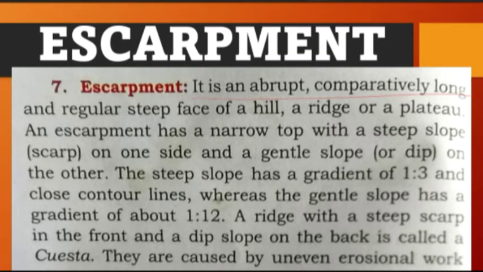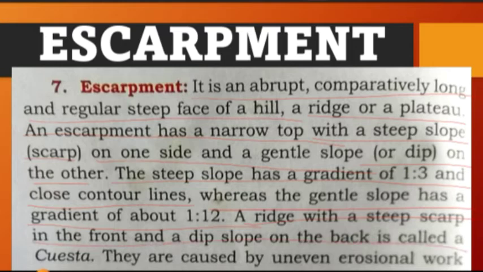Now, escarpment. It is an abrupt, comparatively long and regular steep face of a hill, a ridge or plateau. An escarpment has a narrow top with a steep slope, scarp, on one side and a gentle slope, or dip, on the other. मतलब एक साइड में steep slope होता है और दूसरे साइड में gentle slope होता है. Escarpment. The steep slope has a gradient of 1:3 and close contour lines, whereas the gentle slope has a gradient of about 1:12. A ridge with a steep scarp in the front and a dip slope on the back is called cuesta. जहाँ पे ऐसा ridge जहाँ पे steep scarp है front में और dip slope है back में. Dip मतलब gentle. तो एक जगह पे steep है और दूसरी जगह पे gentle dip है तो उसे cuesta कहते